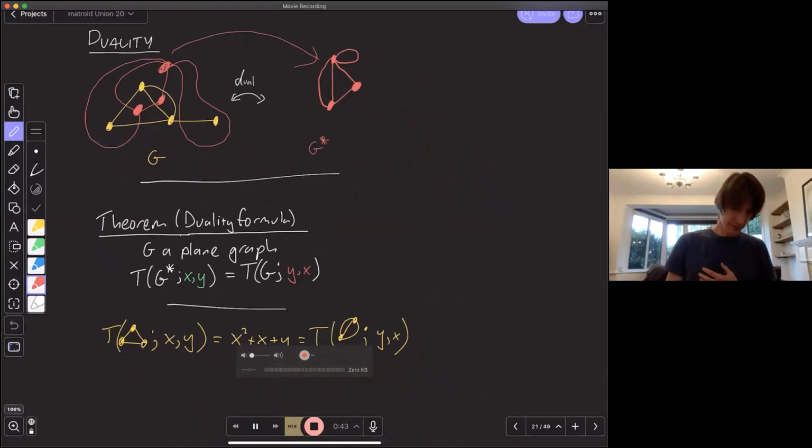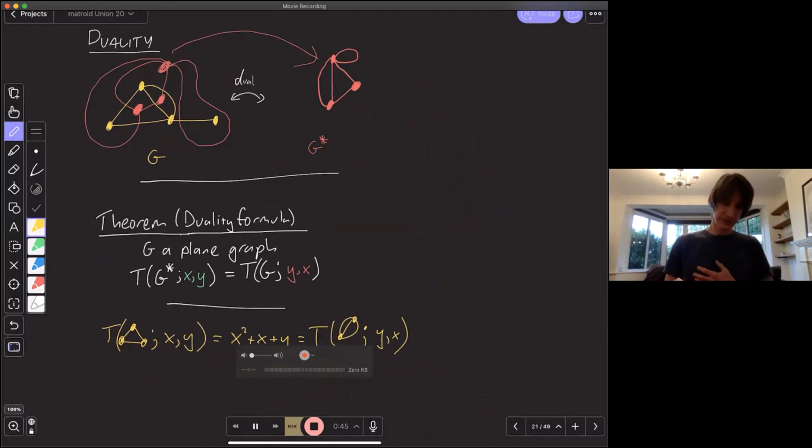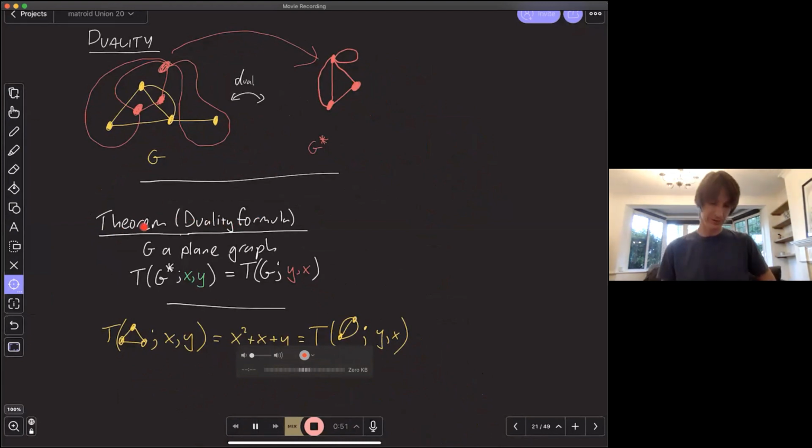Now, the Tutte polynomial is really well behaved with respect to duality. And there's this wonderful duality formula that tells you if you've got a plane graph, the Tutte polynomial of the dual graph is equal to the Tutte polynomial of the primal if I switch the variables y and x.